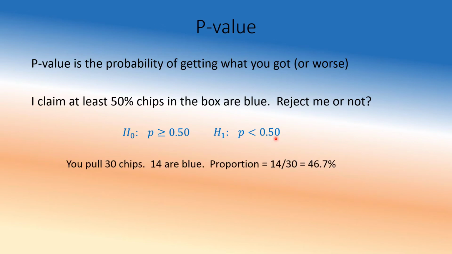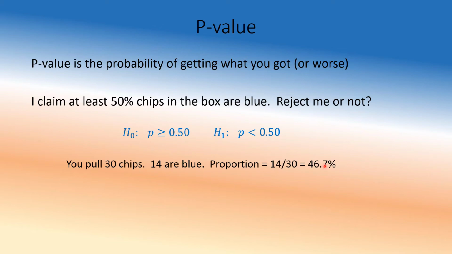Okay. So you pick 30 chips, 14 are blue. Proportion is 46.7%. Well, I said 50%. You're getting like 3-4% below what my number is saying. What would you do? And as we all know, common sense tells us that when you take a sample, you're likely to be slightly off. So I expected 15 blue chips. I got 14 chips. It can happen all the time. So you will not be saying that I will not agree with you. I'm not going to reject the null. You will not reject the null hypothesis in this case because it's just close enough.